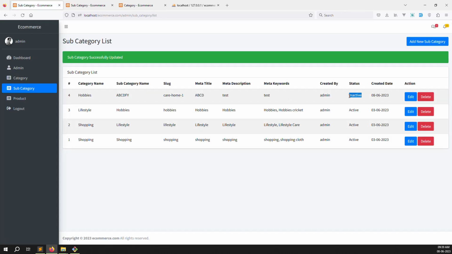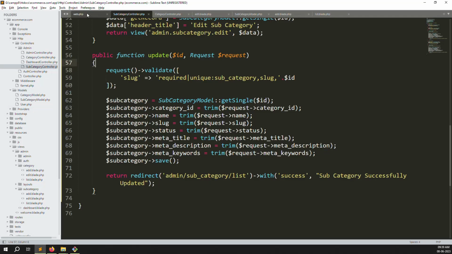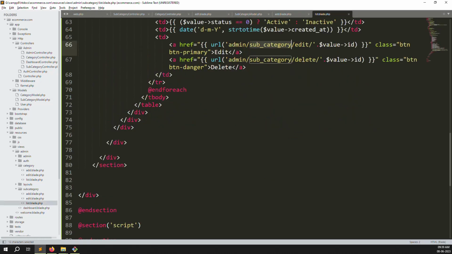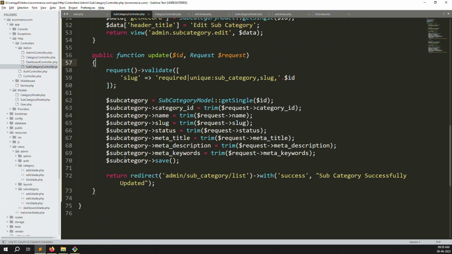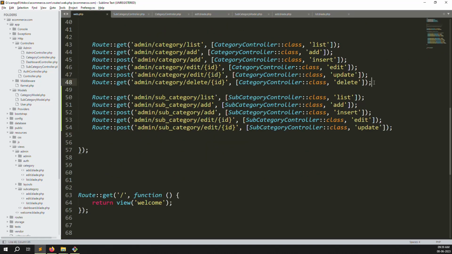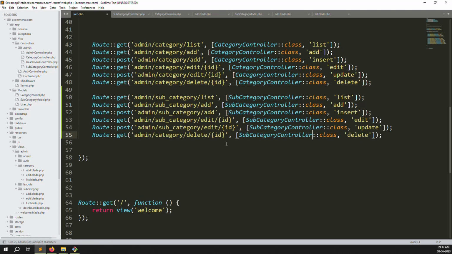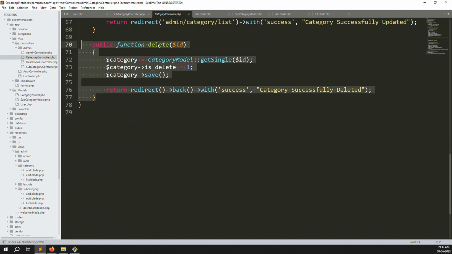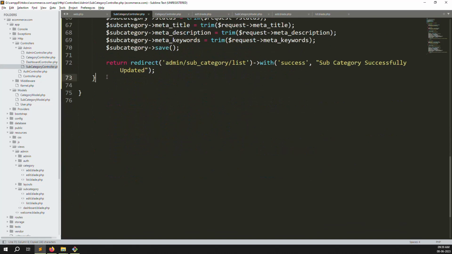Okay, so let's make the last one, the delete one. So just go back again, and we have already done the listing, list.blade.php, just copy it. And we have not created this route yet, so let's copy the above routes and paste here, and change it to subcategory, also change category to subcategory, and you can create a delete route. Otherwise you need to go to the category controller, copy everything and paste